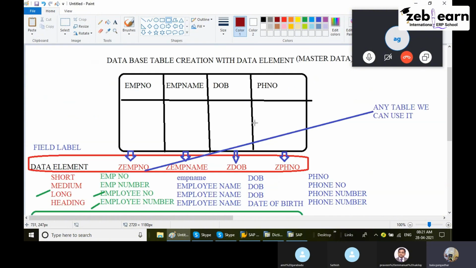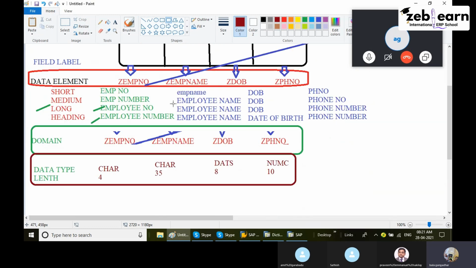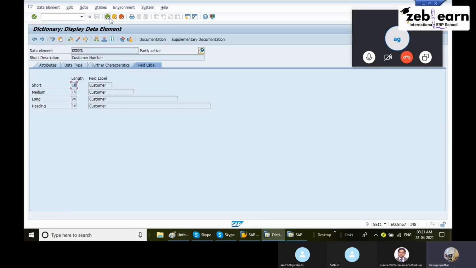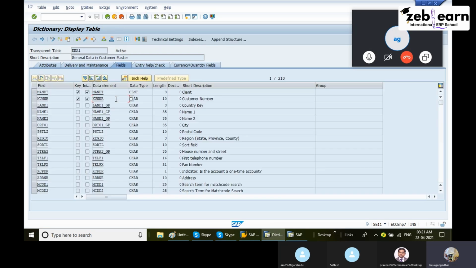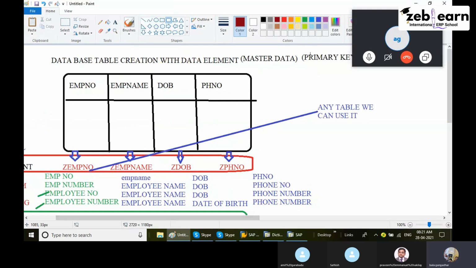The remaining procedure is the same as yesterday's procedure. Yesterday, whatever concepts you created, it is almost the same. Only the second step is different. In the second step, after maintaining the field name, the data element is different. Today I am concentrating purely on only one table. Tomorrow's class, we will work with the primary key table,